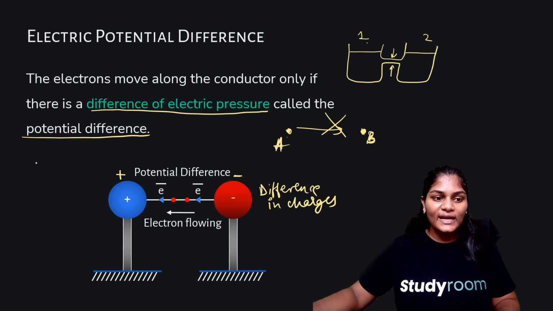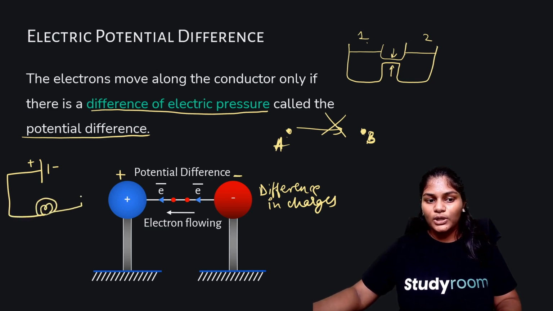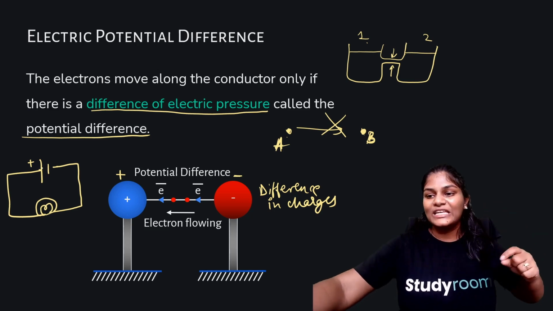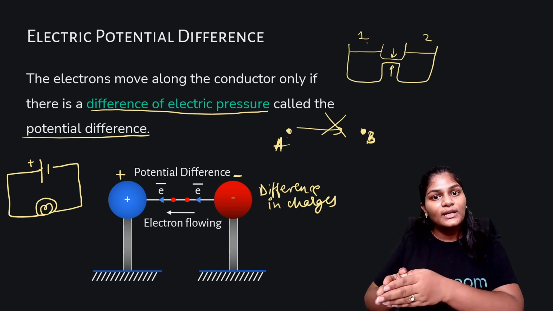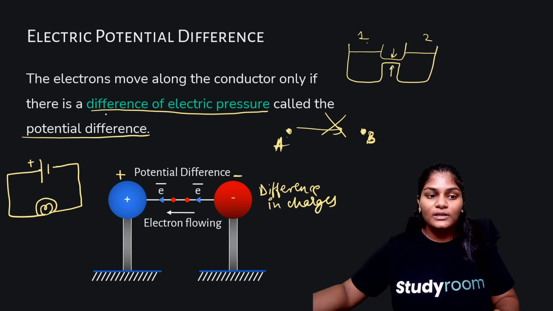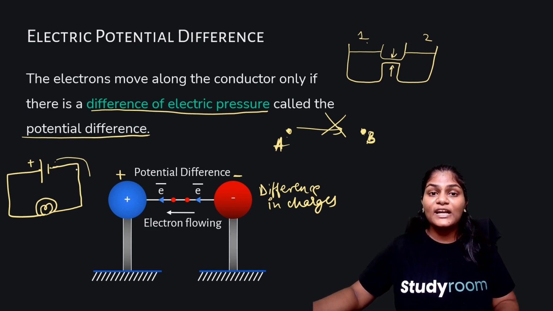A battery. We represent a battery like this. This is the positive terminal, this is the negative terminal. And to this battery, your light bulb or whatever components of the circuit are connected to the battery. Now, you have to start connecting everything we do in the further classes to what we have studied in the previous classes. So, we said that electrons flow from the negative terminal to the positive terminal.